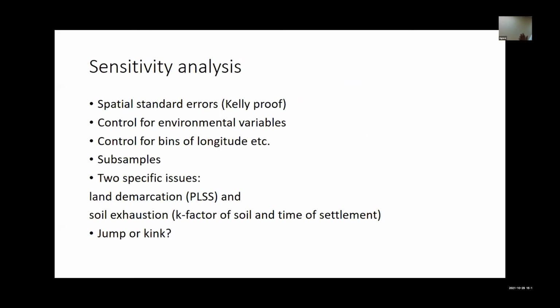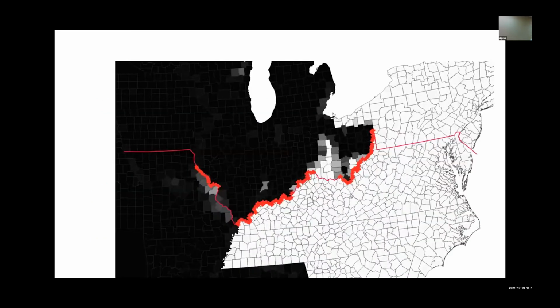Now, we do all sorts of sensitivity analysis. We make sure that the standard errors are robust to what Morgan Kelly says are problems. We do controls for environmental variables. We could do controls for longitude. We do subsamples: are you in the public land survey? Do you have a problem with soil exhaustion? And you can see with the public land survey, it's not just Ohio that is in the